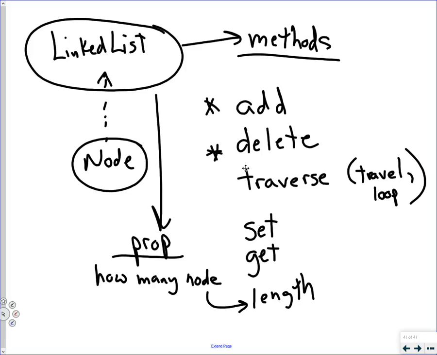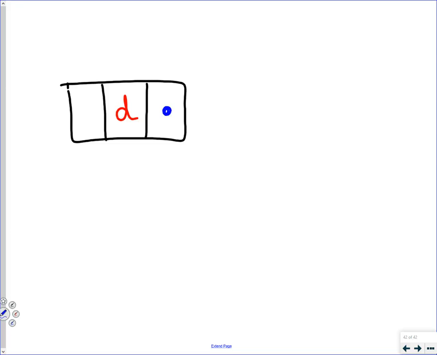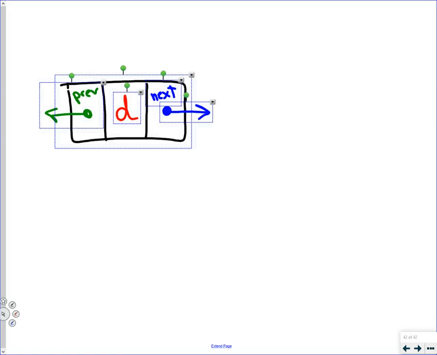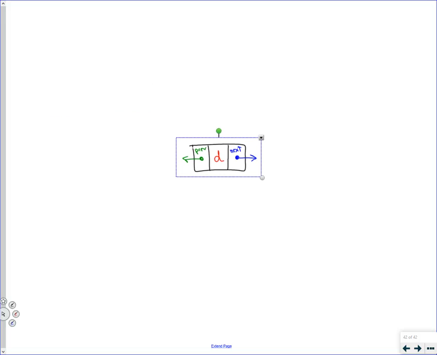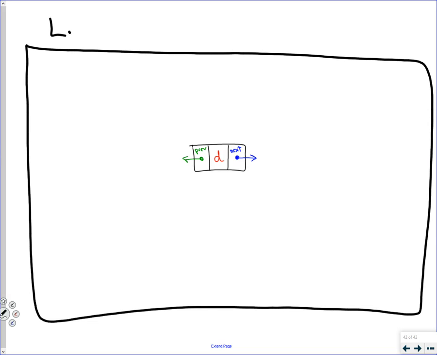But let's look at a diagram of this linked list for a second to remember kind of how it works. We'll start with our node itself. Here's our node. Okay, we know our node holds data. I'm just going to put a D. And it has a connection to the next and a connection to the previous node. So I'm going to put prev here, and I'm going to put next here. That's our node, right? That's what we'd have just finished working on, is all this stuff. Okay? So with that being our node, we are now defining a larger object called the linked list,